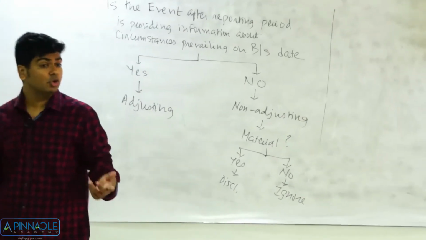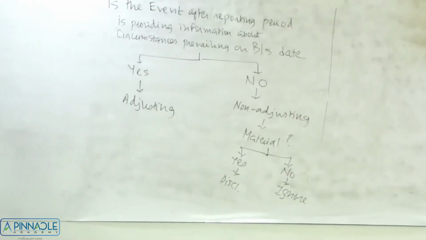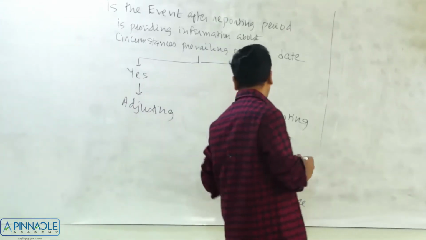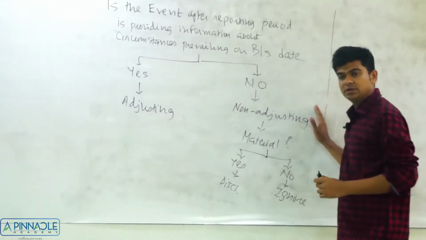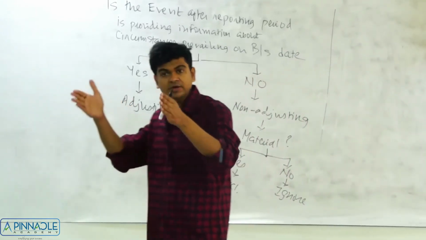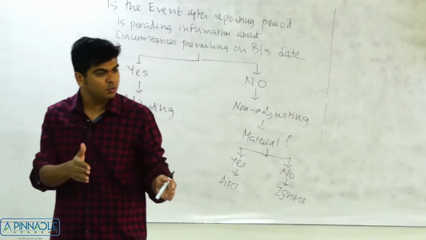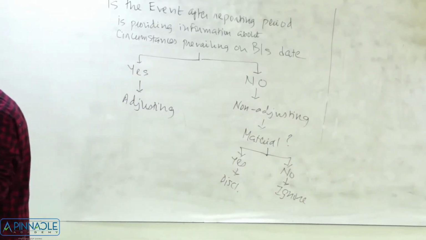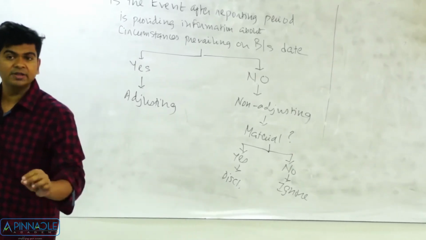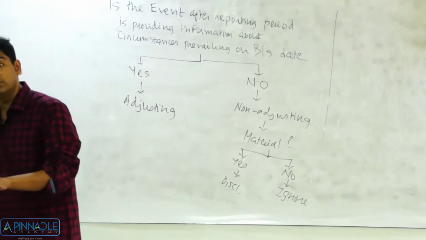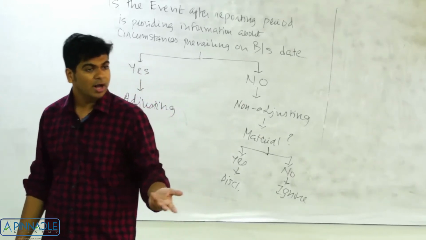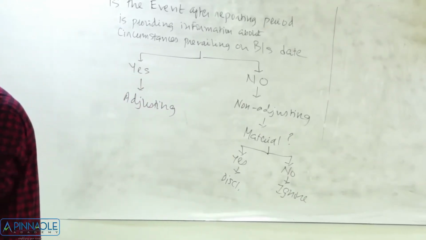And see, take this discussion also as a revision of Accounting Standard 4. That is also how you can do it. Because remember, whatever answer I will get as per Accounting Standard, same result I'll get even as per the Ind AS. I told you 3 categories of those questions, and one category of question is where AS and the Ind AS both are similar. So they may give you a question of AS 4, only trick that they may play is, they will say that don't apply AS 4. They will say apply Ind AS 10 and tell us what will be the answer. Your answer or your solution actually will remain the same.